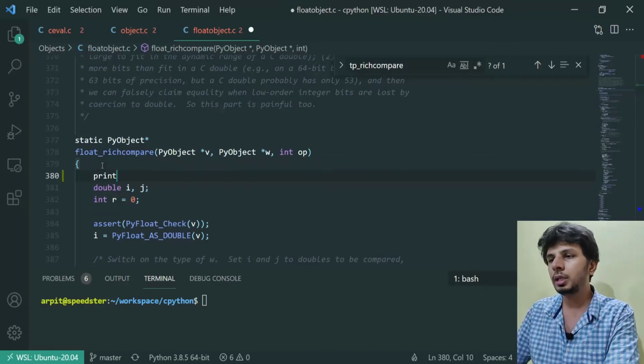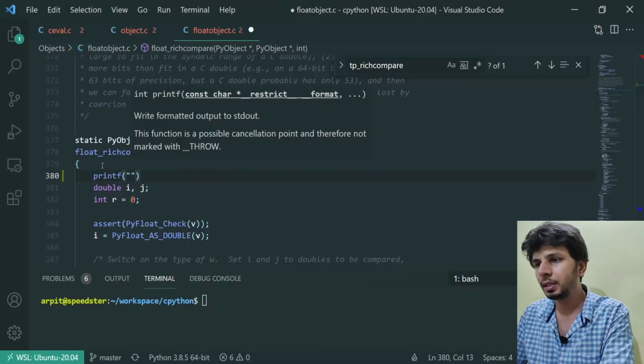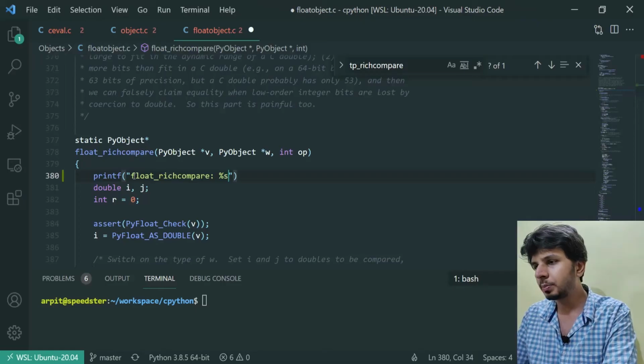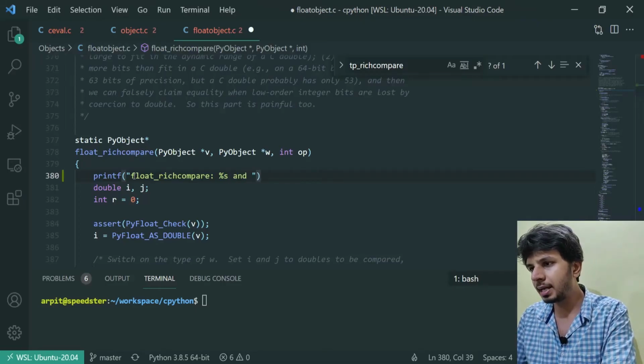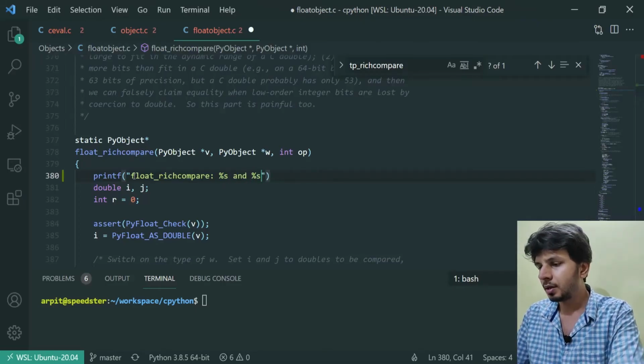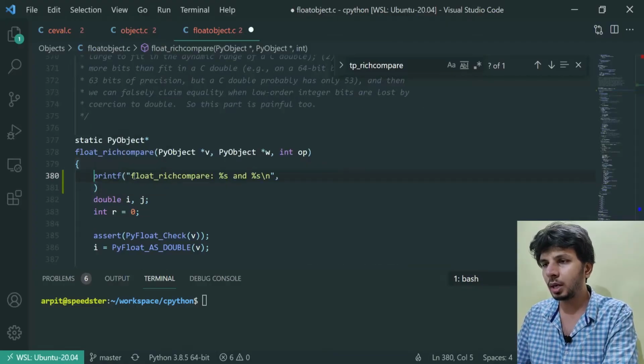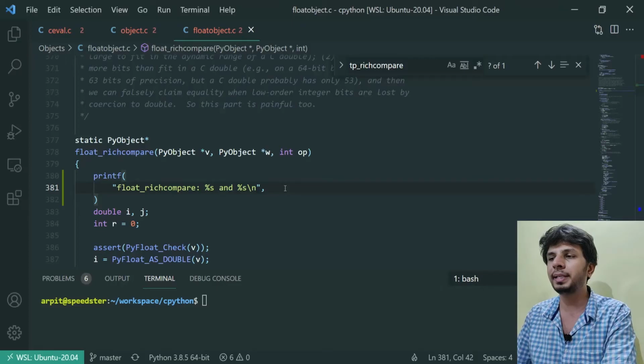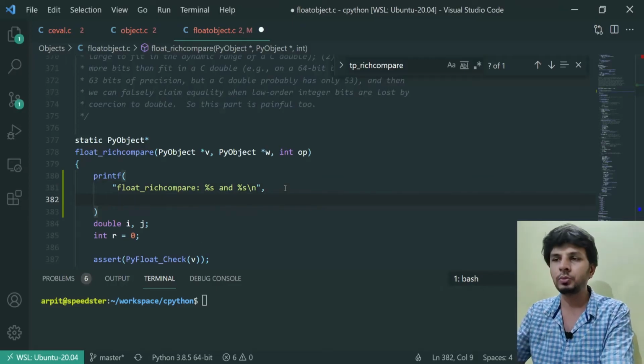So what we'll do is I'll just add a print statement which says that I am in the function float_richcompare with arguments %s and %s, and I'll add a \n. So I'd want to print the values of the two operands. So basically I'd want to print v and w, right?